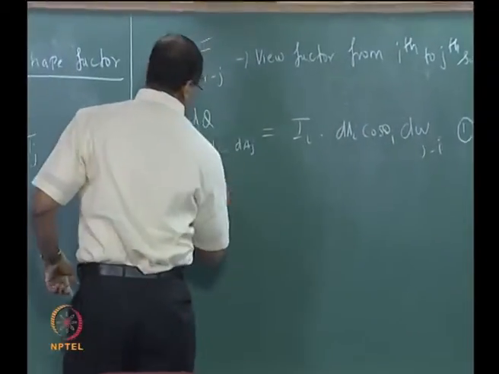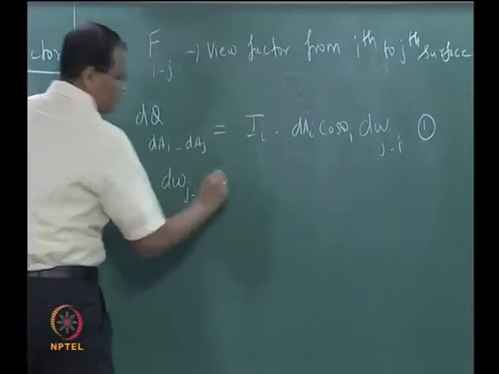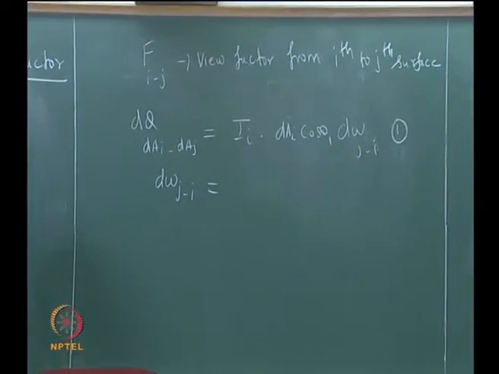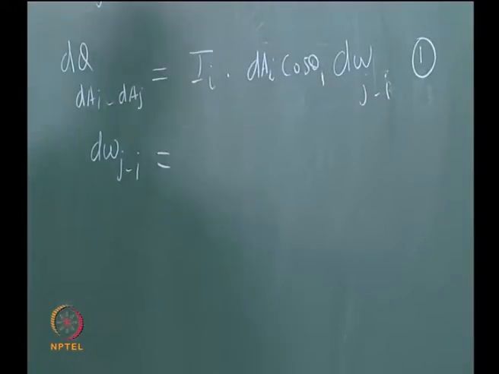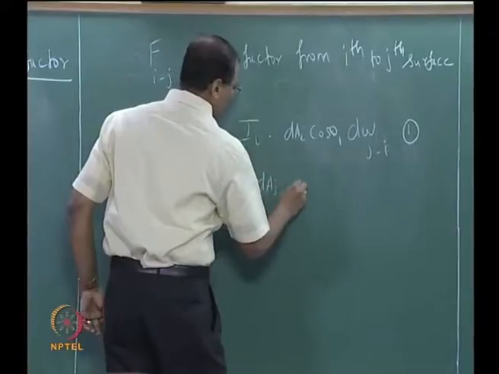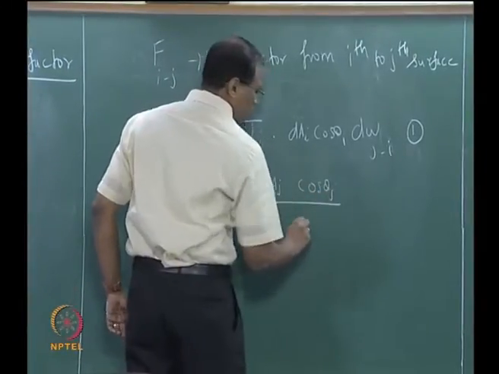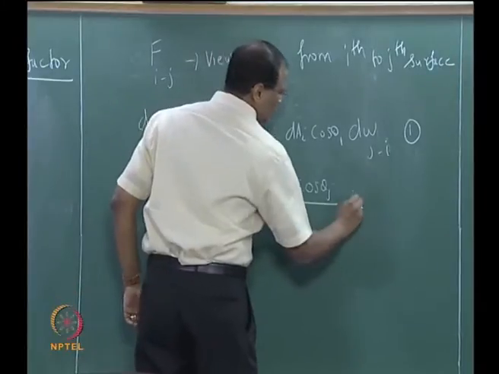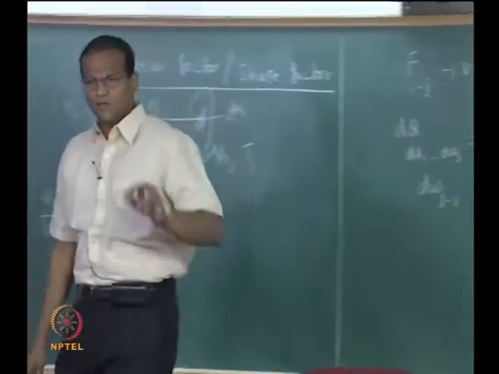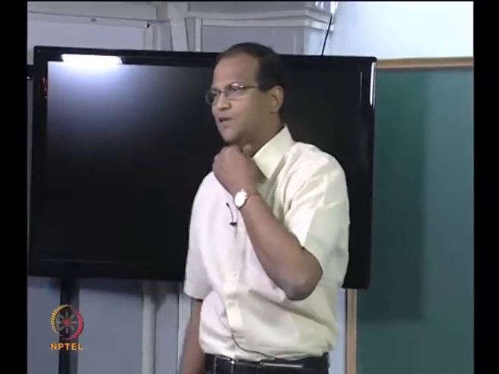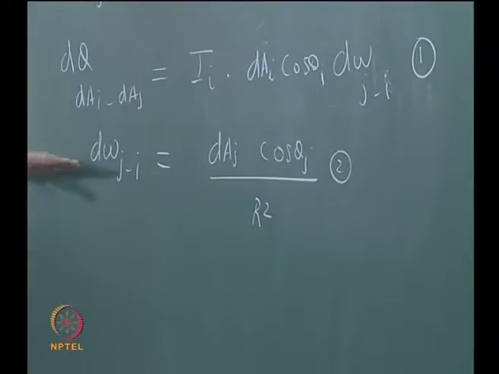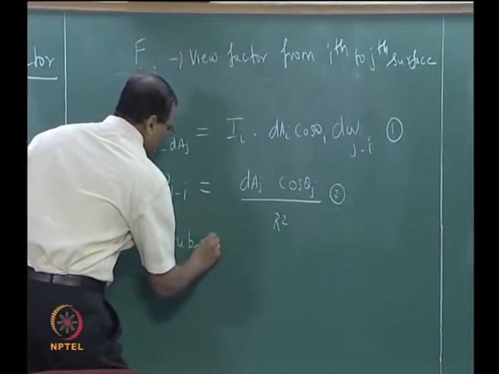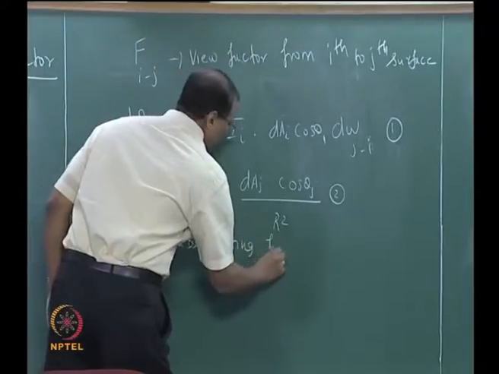Next step, it equals dAj cos theta j, by R square. Very good. Is everybody through with this? Now you can substitute for d omega ji in equation 1. I have not evaluated the fraction, I am just writing the dq first. So I am getting the numerator in the definition. Substituting for d omega ji,